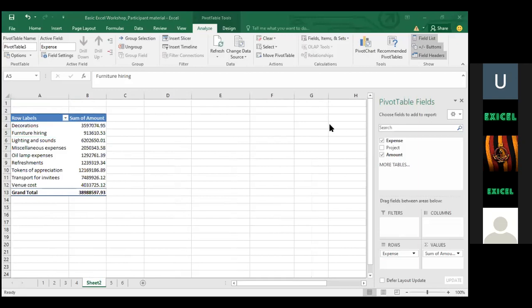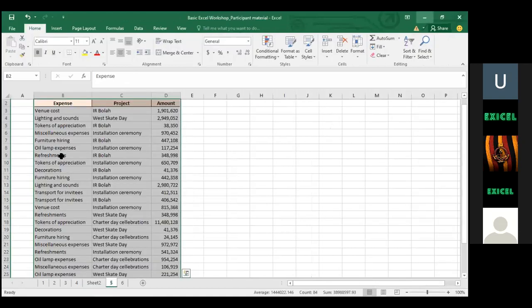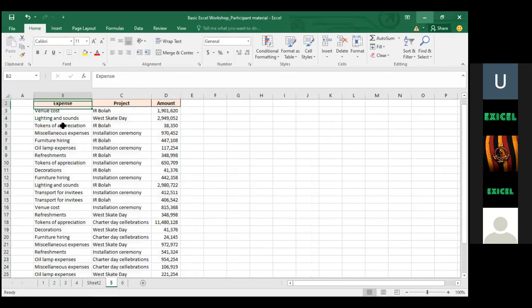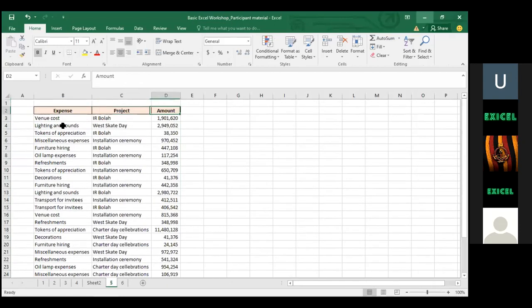Okay, I will explain this once more. It's pretty basic. I have a list of expenses, the project for which each expense is incurred, and then the amount. If I want a summary, for example, for each project, how much cost I have incurred in expenses,